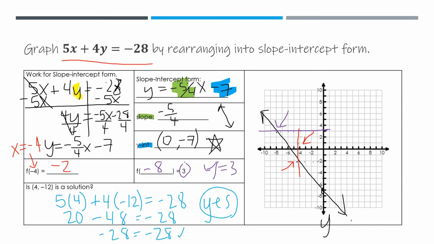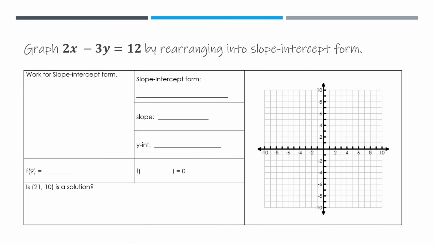So example 2, we're going to graph 2x minus 3y equals 12 by rearranging into slope-intercept form. So the first step to rearranging is going to be to move x to the other side of the equation. We want it to end up being y equals. So since it's a positive 2x, we can subtract 2x from both sides, bring down what's left,